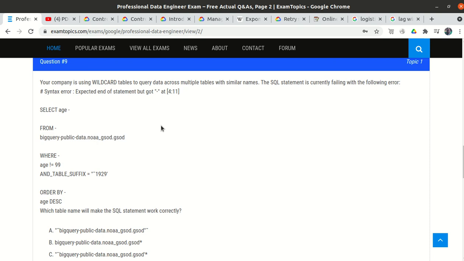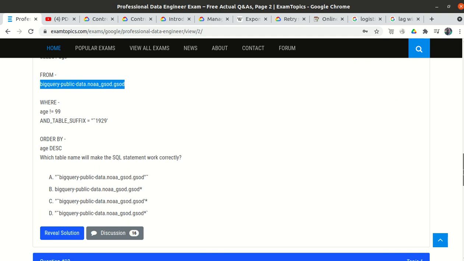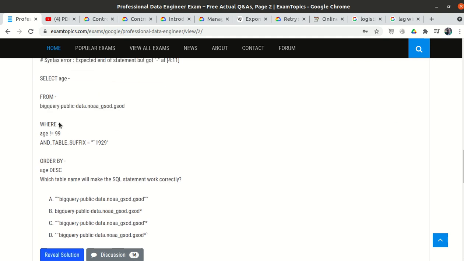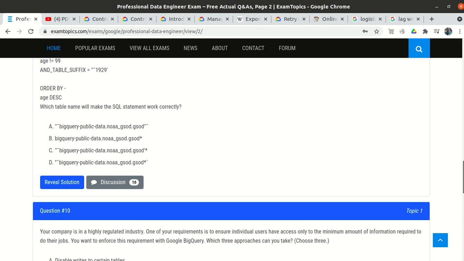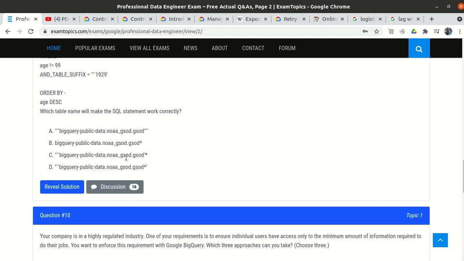First thing, they mention we are using the wildcard table, but in the table name they are not using any wildcard, so we have to use the wildcard. And they are getting the error because they have not put the table in backticks. They gave these 4 options, but which option is correct?